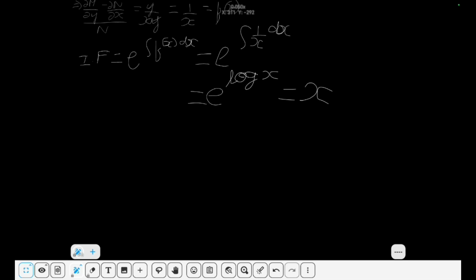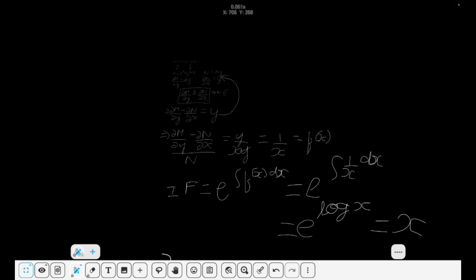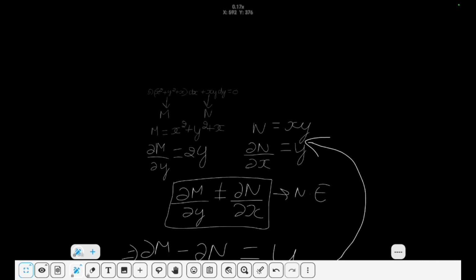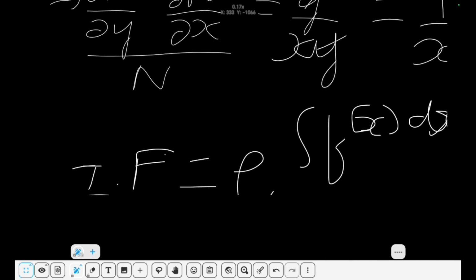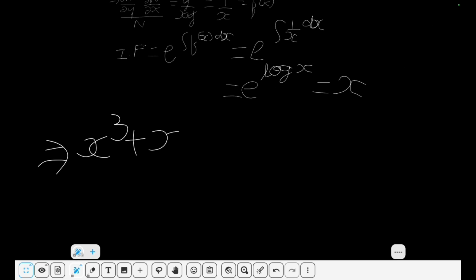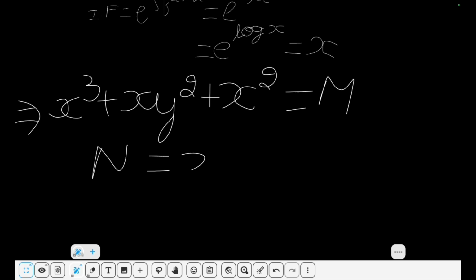So multiplying x to both M and N, that would give x cube plus xy square plus x square, right? X cube plus xy square plus x square will be my M, and my N will be x square